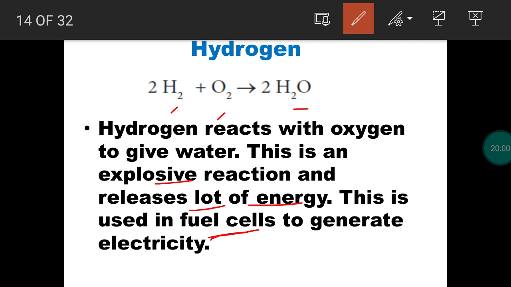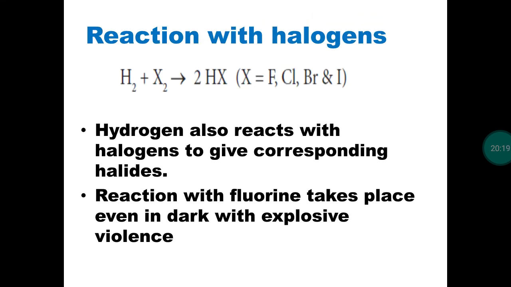we have fuel cells. In a fuel cell, the above reaction will take place. Hydrogen combines with oxygen to form water. It provides energy, and the energy is converted into electrical energy. So chemical energy obtained by a chemical reaction is converted into electrical energy in the fuel cells.